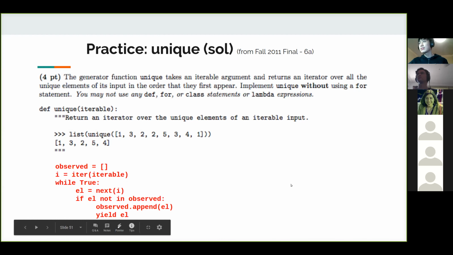So we see someone saying yield x. You're very close. But the thing is, x doesn't actually exist yet. So we have to find what x is. We have to do something like x or element is equal to next on the iterator. And then we check whether element is in observed or not. If it's not in observed, that means we haven't seen it before. We want to add it to the list of elements we have seen and then yield it. And that is